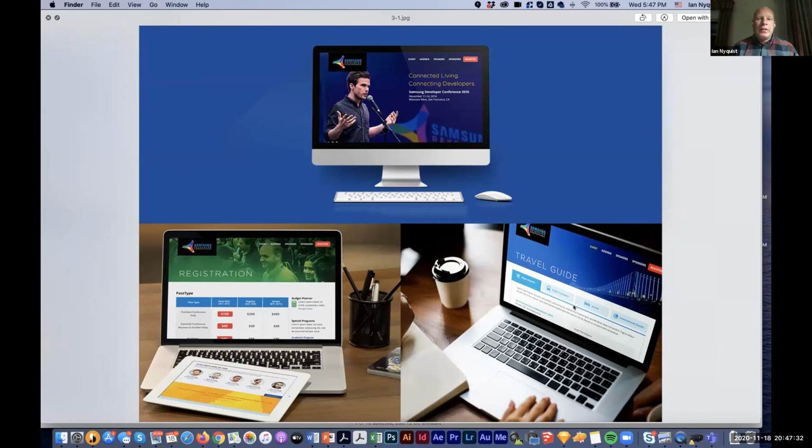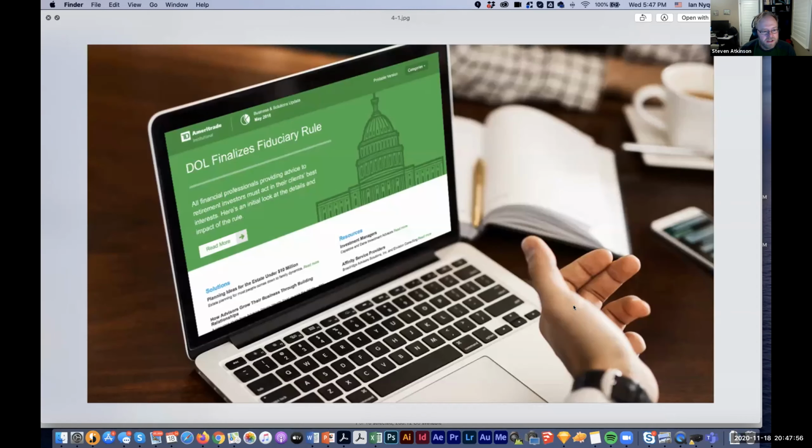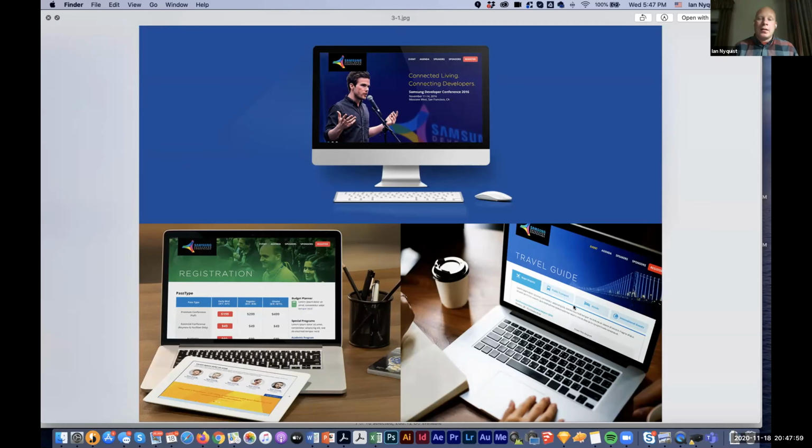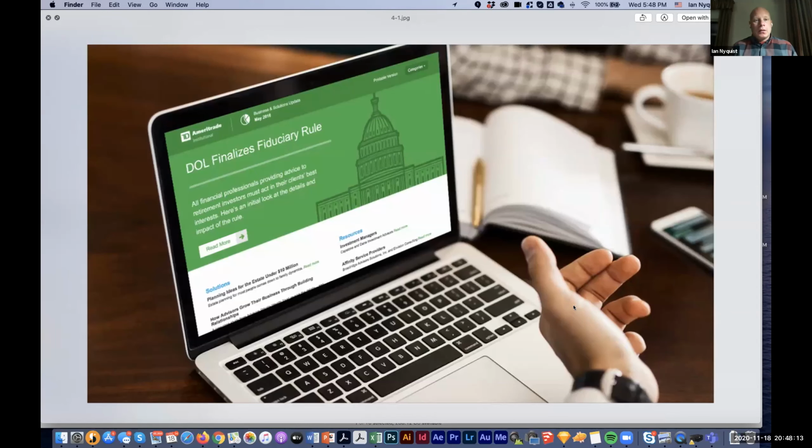More on the customer facing side, this is a website we designed for Samsung for their developer conference. It's both informational, telling people what's going to be at their developer conference, and also allowing them to register and see their schedule and register for sessions. So there's an e-commerce portion to it as well. You've got a very big header there and a big header here. Yeah, they wanted it to be more image focused. So it's big headers, and then as you scroll down, they shore up towards the top of the page. And a big header here as well.